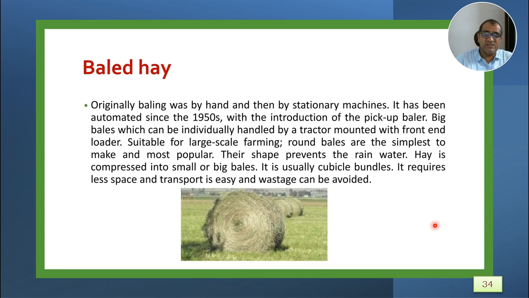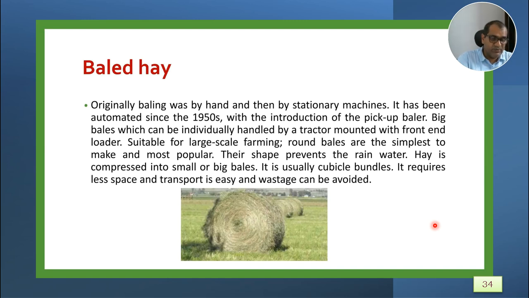The round bales are simplest to make and very popular, and their shape prevents the rainwater also. Hay is compressed into small and big bales. So it is usually the cubical bundles as shown in this particular photograph, and it requires less space and also